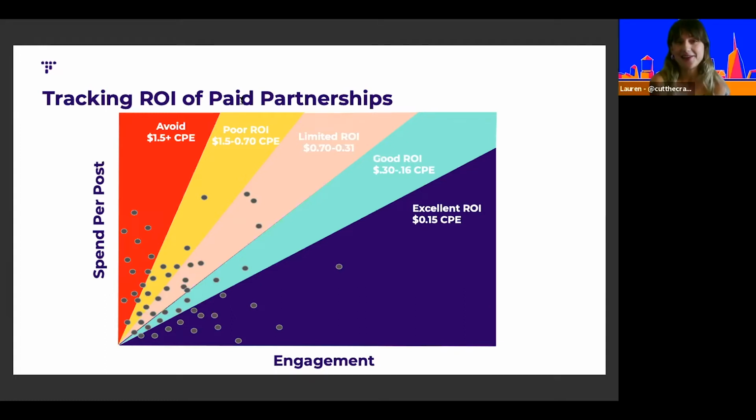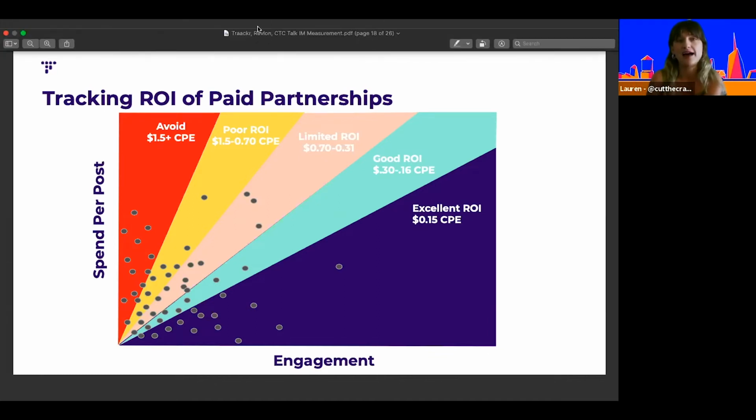This is my favorite slide, the one I would actually show in the business, because one thing that we were able to do, and I'm not sure if this is how it is for many of you on this call, is by getting all our information together, unifying the way in which we captured information, we were able to ingest it into Tracker. For the first time last year, as we watched the first full year's worth of work with Tracker come to life, we were able to finally look at what our benchmarks were against the industry. What was our performance for engagement? What was our performance against reach?